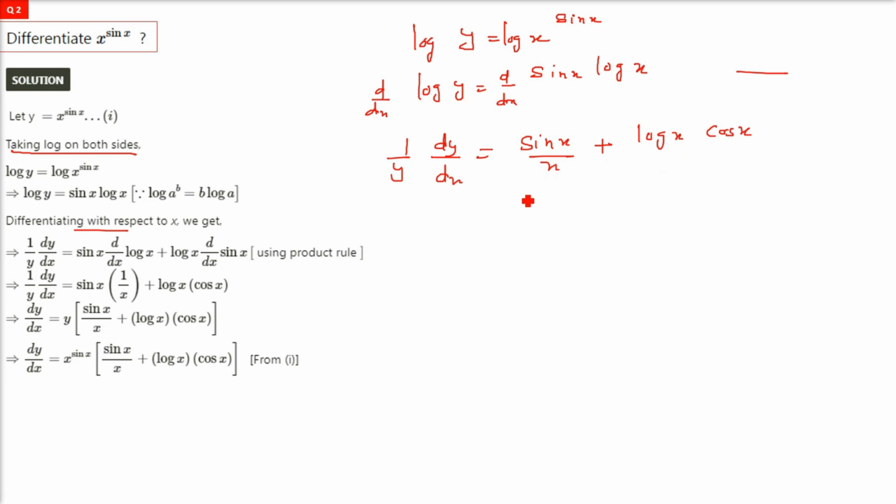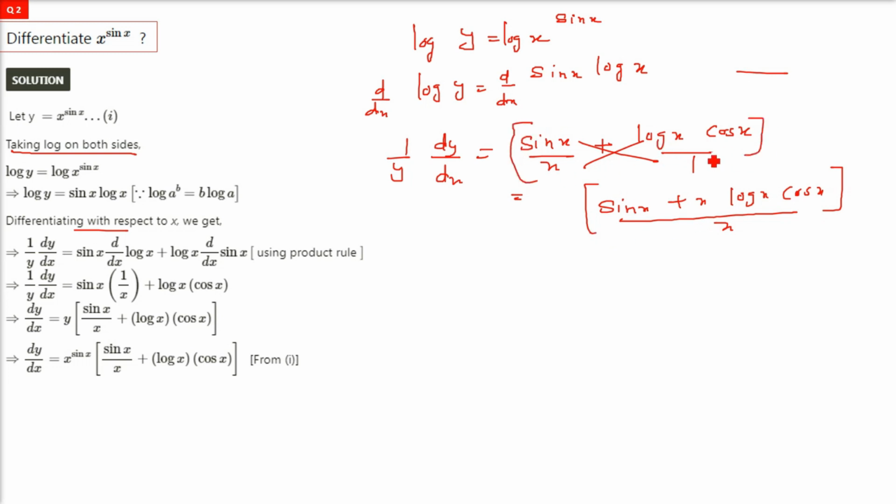Now you can leave it here because this is already solved, or you can also do LCM like sine x and plus x into log x cos x divided by x. So it will combine these two different terms into one term. That is the only thing. Both the things are same, but here we don't have dy by dx. Along with this we have a 1 by y also. So 1 by y will go in the numerator, and y is nothing but